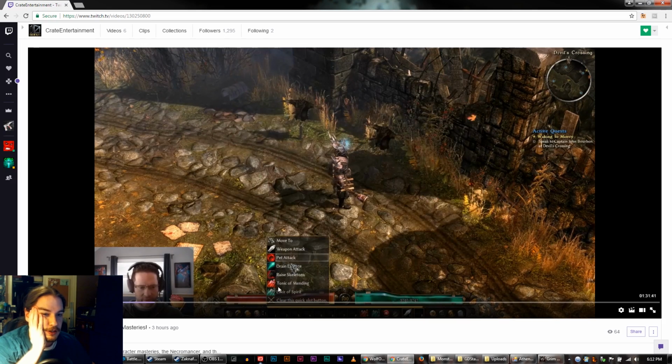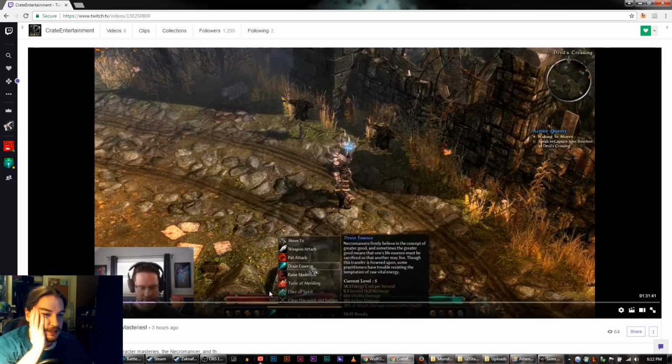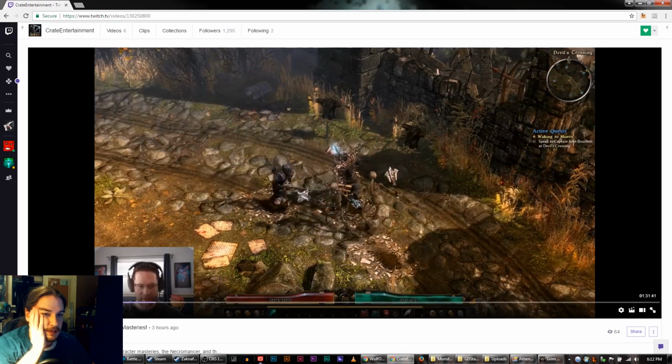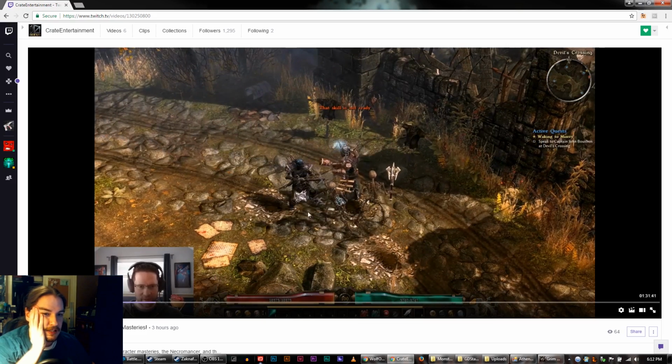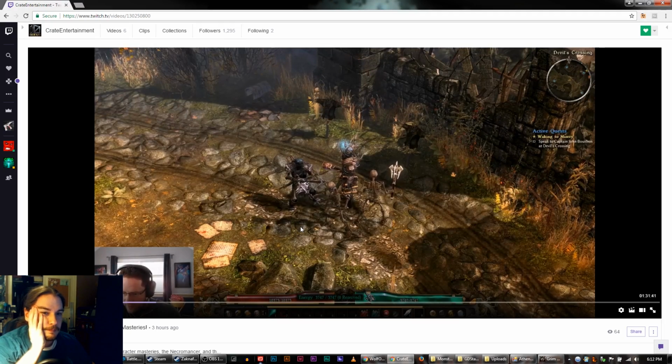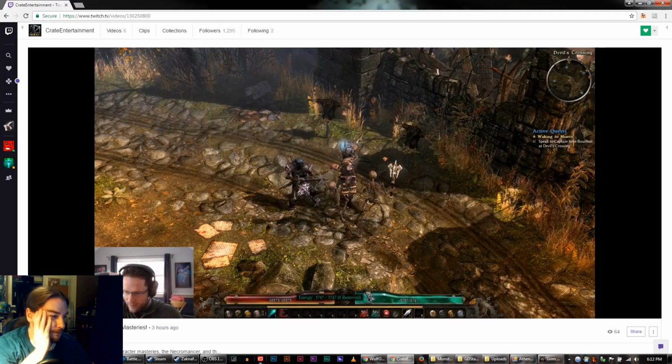Because I think he also, I don't remember when he shows it off, but let's just jump ahead a little bit. So he goes into the necropolis to just run around and do things. So we'll let that happen for a bit. He does show off more abilities, and there's one that really, really